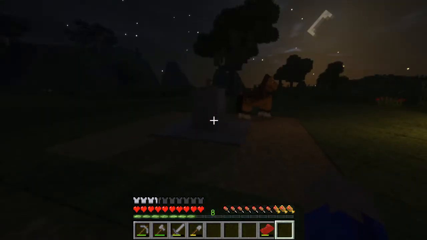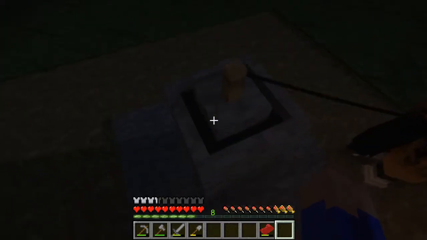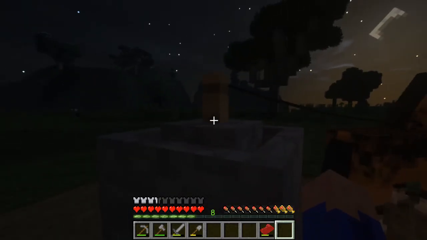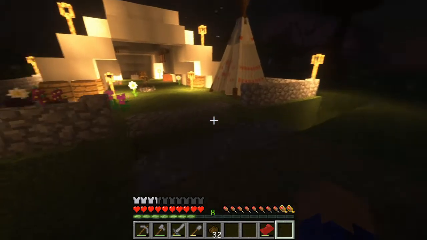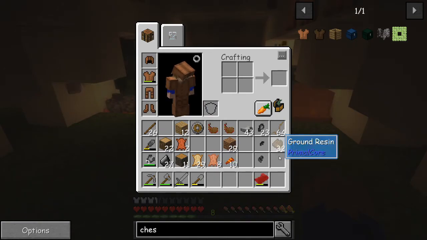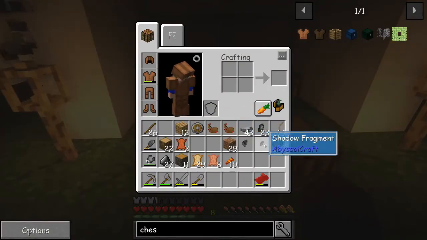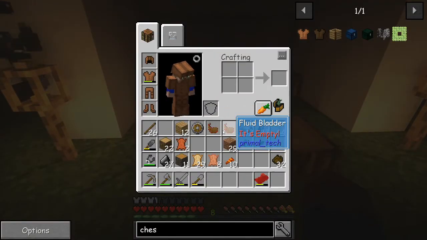Our horse is such a trooper, working through the night for us. Now when he's done, the item, you can't see it. So you just gotta right click on there and you get it out of there. And so now we have our ground resin that we can use. And let's see what we can do here. We're gonna use this with our water